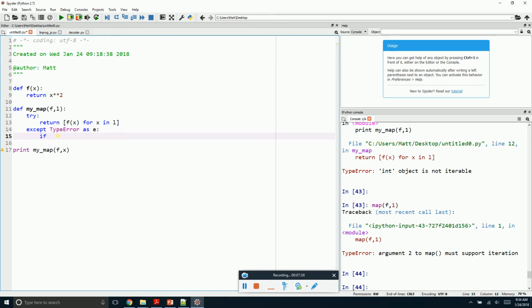And then we can say if e.message.startswith, argument. No, it's not going to do that. It's going to give us the int object is not iterable. Then we should return a type error,